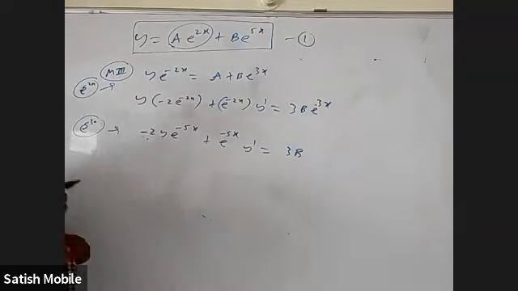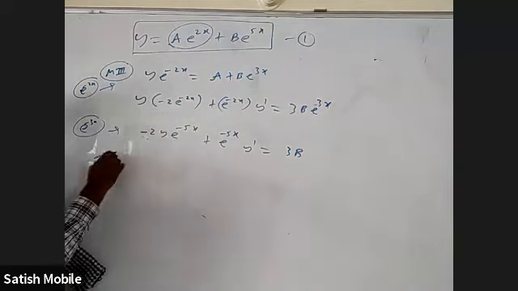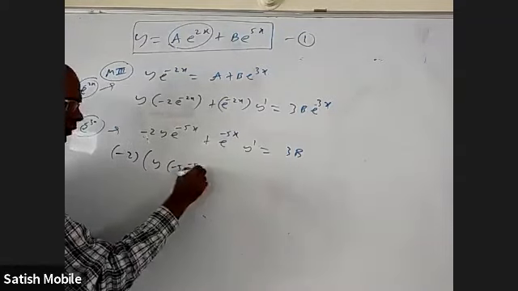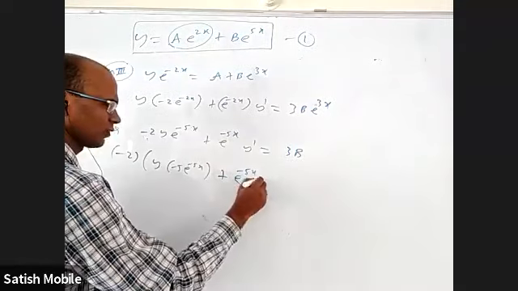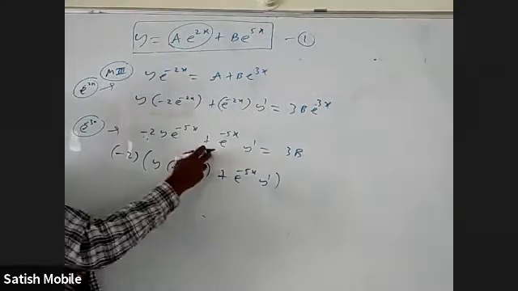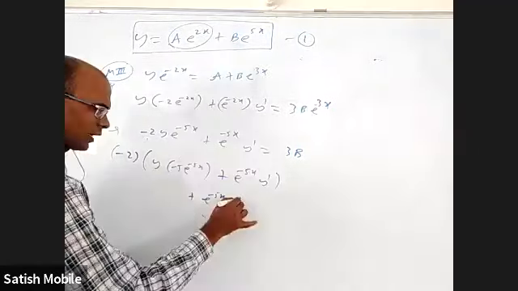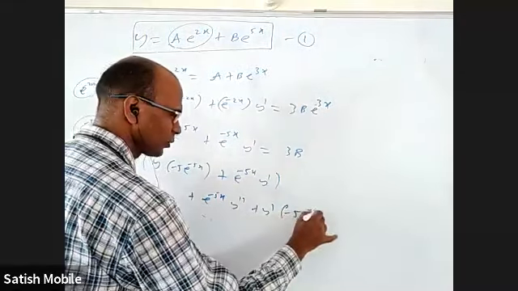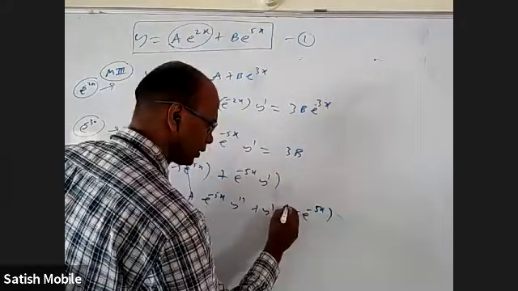So basically, the concept is one by one, you isolate the constant and differentiate it, it will become 0. Now, apply the UV rule here. Minus 2 times y into derivative of this, which is minus 5 e power minus 5x, and this into this is e power minus 5x into y dash. Coming to this, e power minus 5x into derivative of this is y double dash, and y dash into derivative of this is minus 5 e power minus 5x, and it is 0 here.